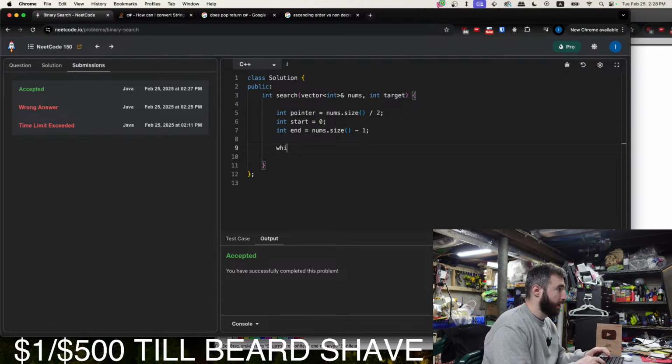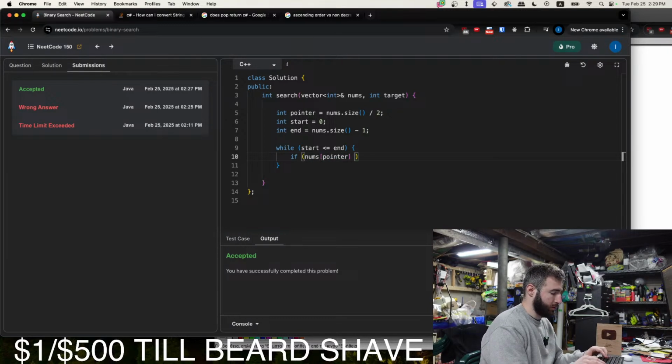So while start is less than or equal to end, we want to check, is our current pointer greater than the target? If it's greater than the target, we want to throw away the upper half. So we do end equals pointer minus 1.